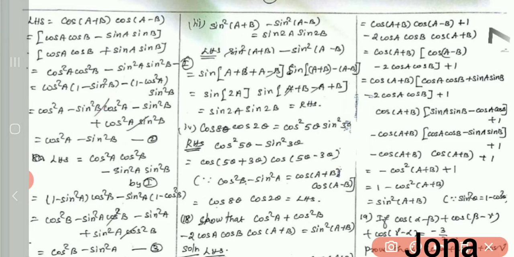And then I want to take this cos square a into cos square b minus sin square a sin square b. Already we proved this. I want to take this cos square a as 1 minus sin square a and this sin square b as 1 minus cos square b. Then again I want to remove the brackets there. If you remove the brackets, these two terms will get cancelled. So the remaining thing is cos square b minus sin square a. This is the other proof we want to prove there.